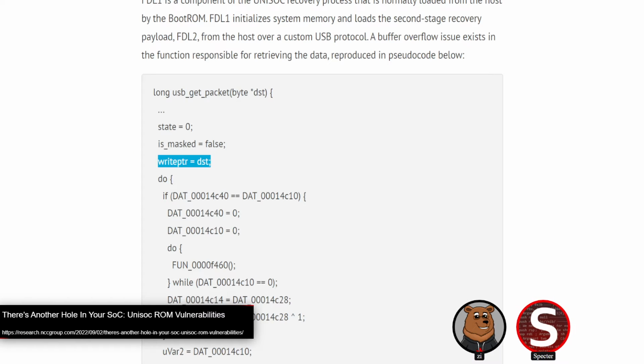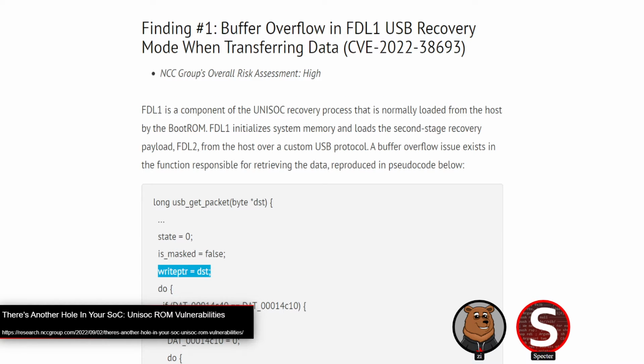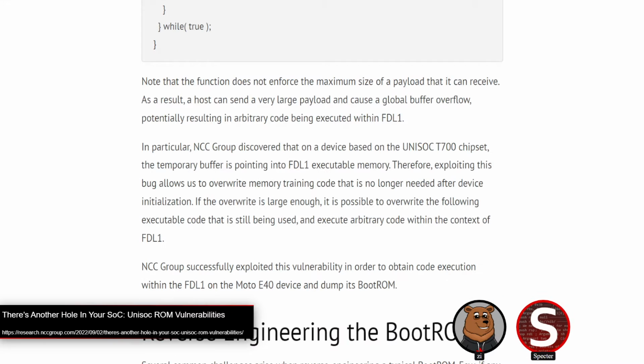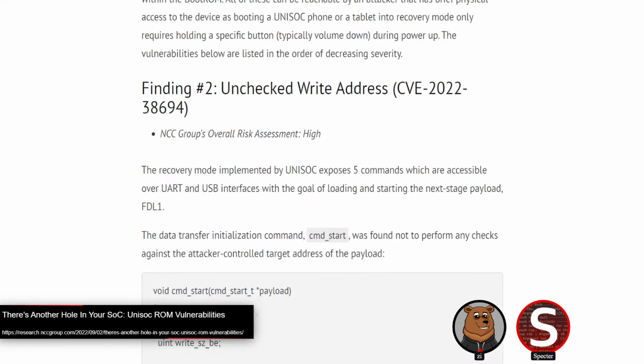So the first vulnerability they detail here is a very straightforward overflow in USB get packet for their custom USB protocol in recovery mode. It simply took a payload and didn't validate the payload length and copied it into a static buffer. And it turned out that buffer was also in or near executable memory. So code execution was pretty straightforward there. They could literally just write shellcode into the bootloader to be able to get code execution. From there, they reversed the boot ROM and found several more vulnerabilities in the boot ROM's recovery mode,